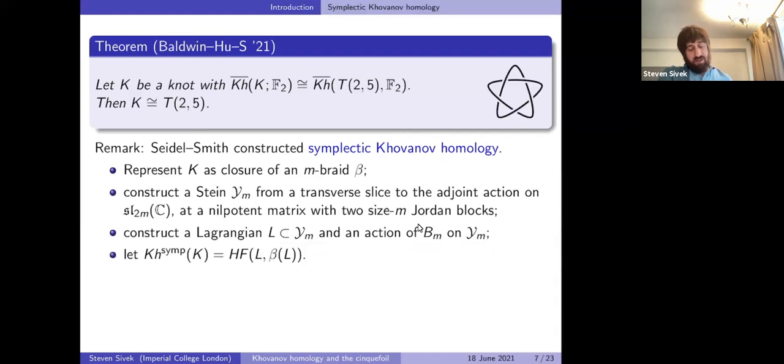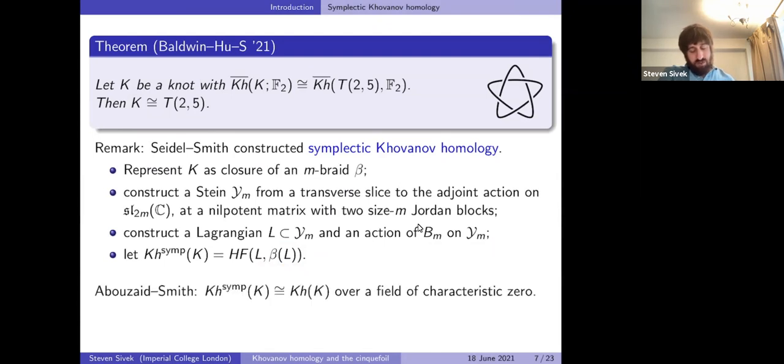And then the symplectic Khovanov homology, as it's called, is just the Lagrangian Floer homology of that L with the thing you get by acting on L by your braid. And so Seidel and Smith proved that this doesn't depend on the particular braid you use to represent your knot. So you get an invariant. And actually, not that long ago, Bussi and Smith proved that this is isomorphic to the original Khovanov homology, at